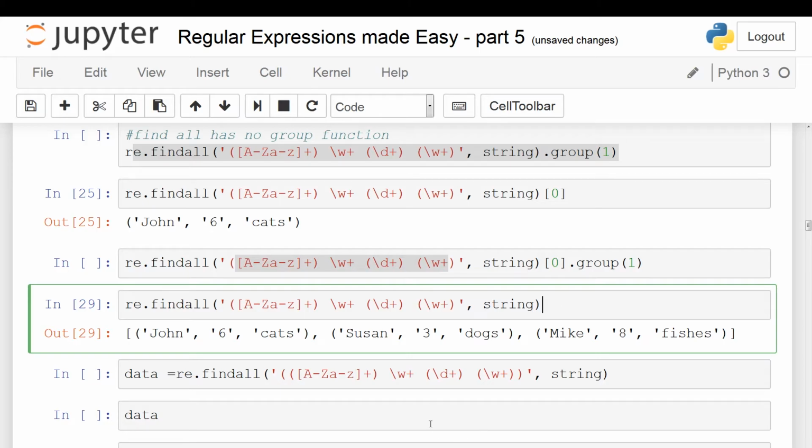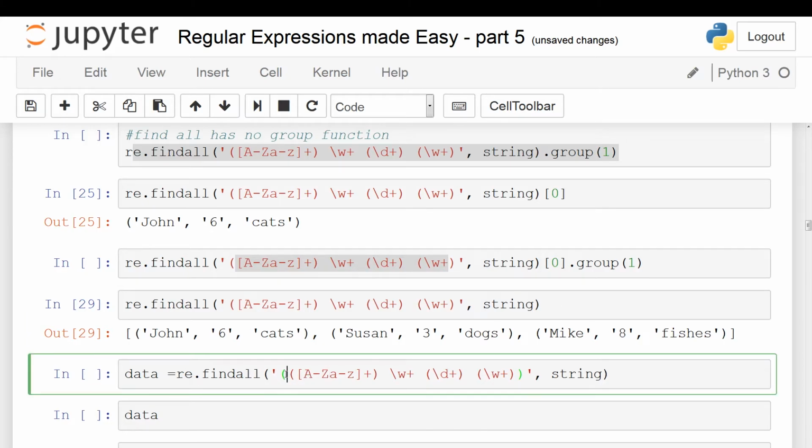So let me explain that to you. So here I put two brackets around the entire match. See these two brackets? Okay, so we have all these subgroups, and then we have another group. Essentially, I'm creating another group. So I'm making the entire match another group. We have three small groups, and then we have one huge group that contains all three of the small groups. So by creating one main group around the entire pattern, we can actually pull out the entire pattern